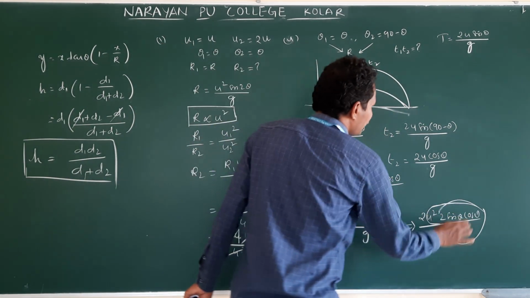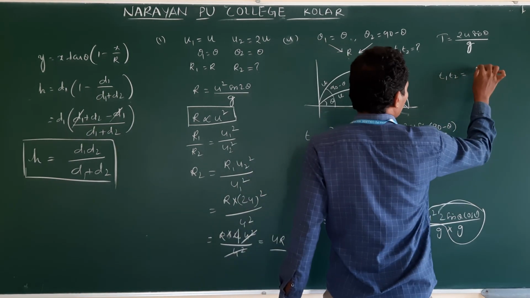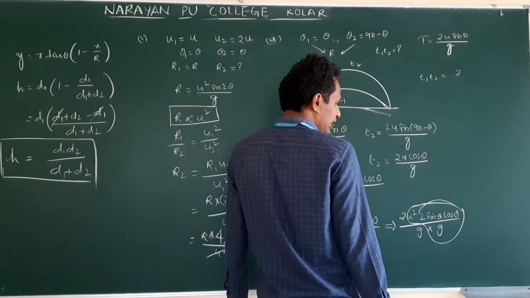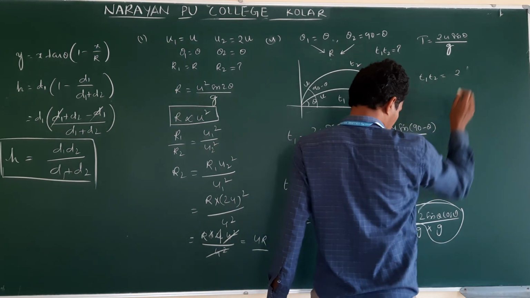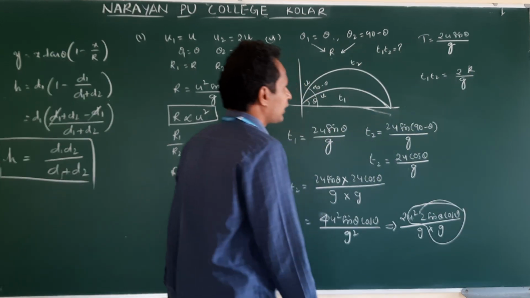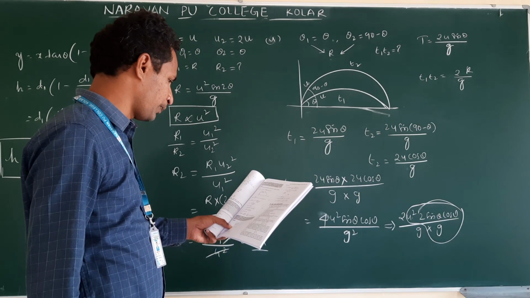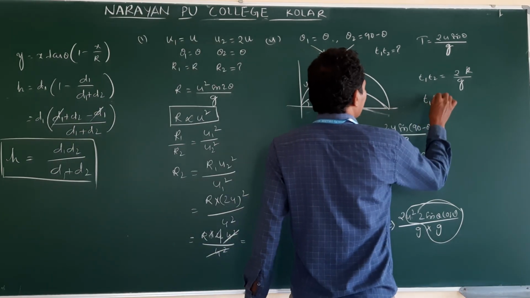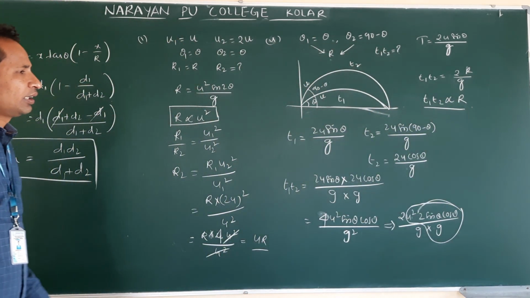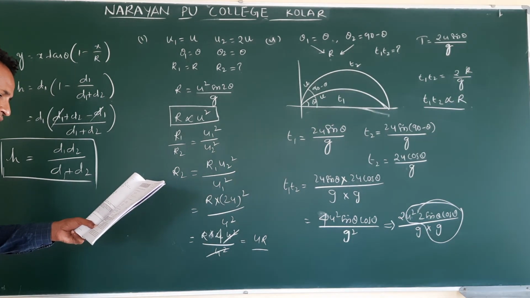That is range. Then T1 T2 is equal to u square 2 sin theta cos theta by g, which is nothing but range. So I have written 2R by g. Am I correct or not? They asked only for the relation. So how do we relate it? T1 T2 is directly proportional to R. Am I correct or not? Yes, T1 T2 is directly proportional to R. Okay.